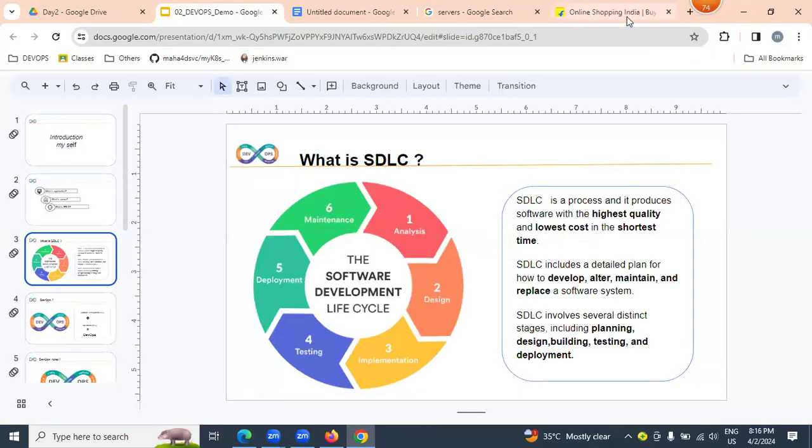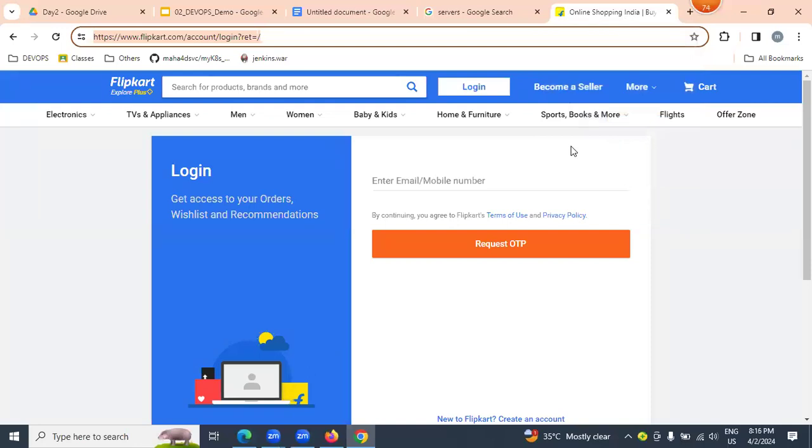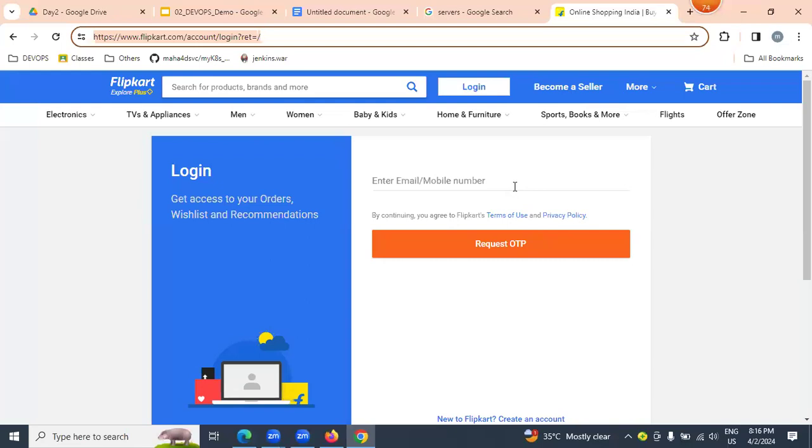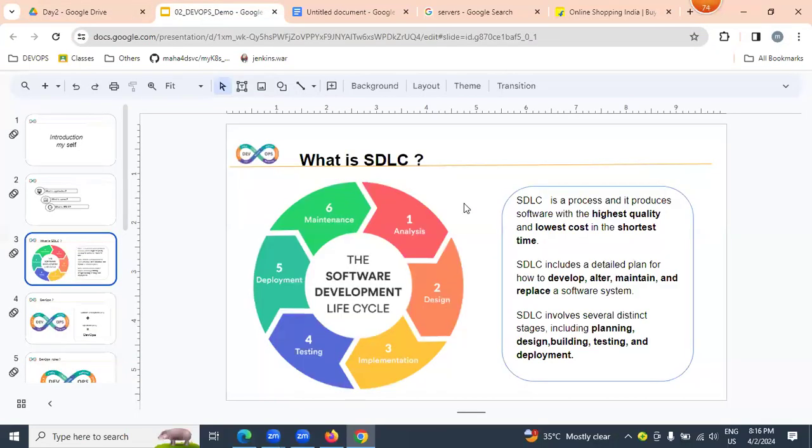But if you want to build a Flipkart kind of application, how exactly can we do it? By following these SDLC stages. What is the first stage? Analysis, then design, implementation, testing, deploy, and maintenance.